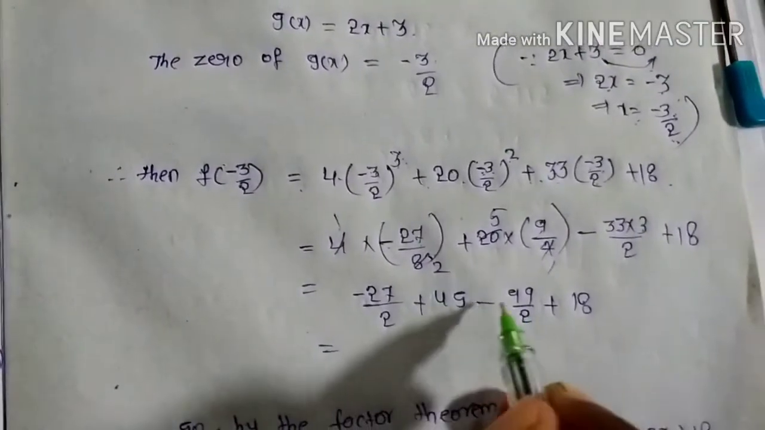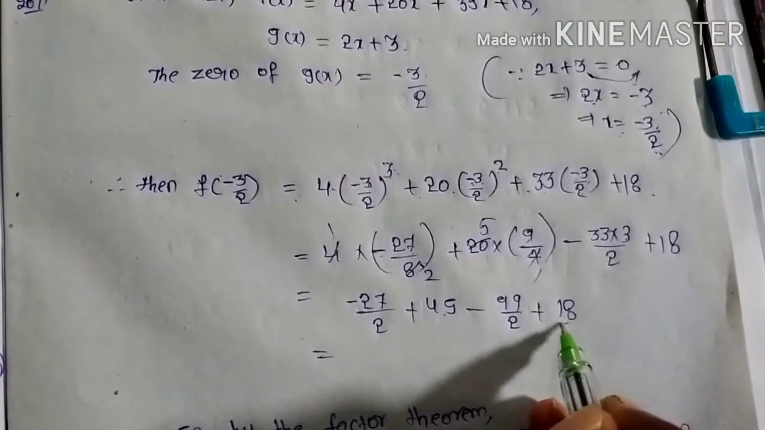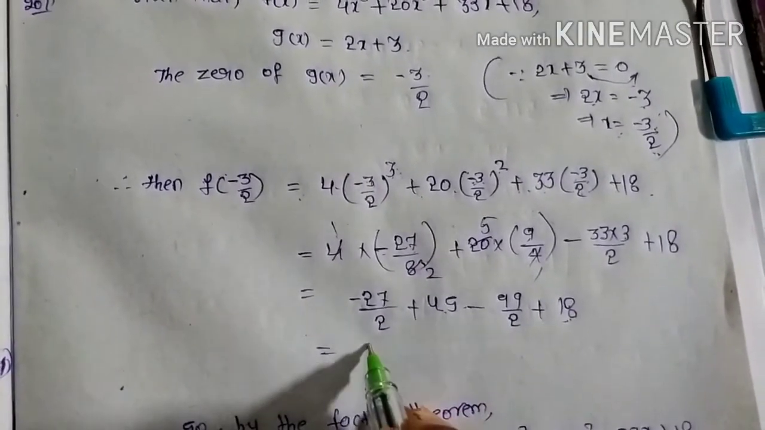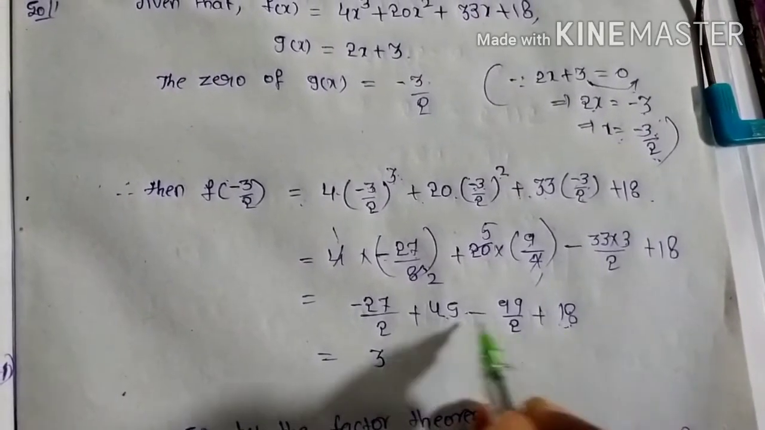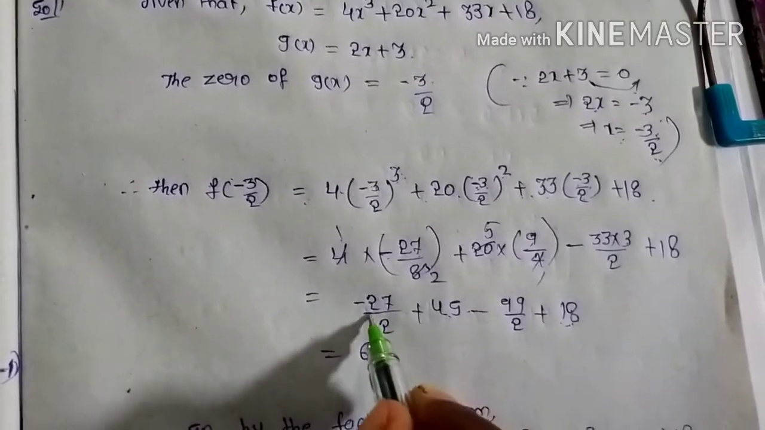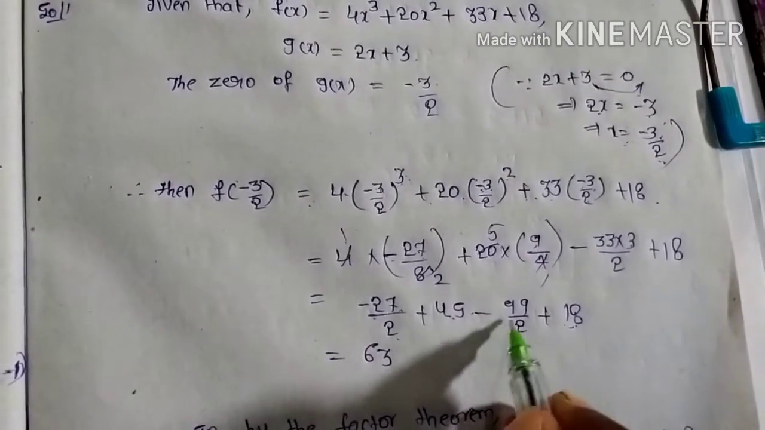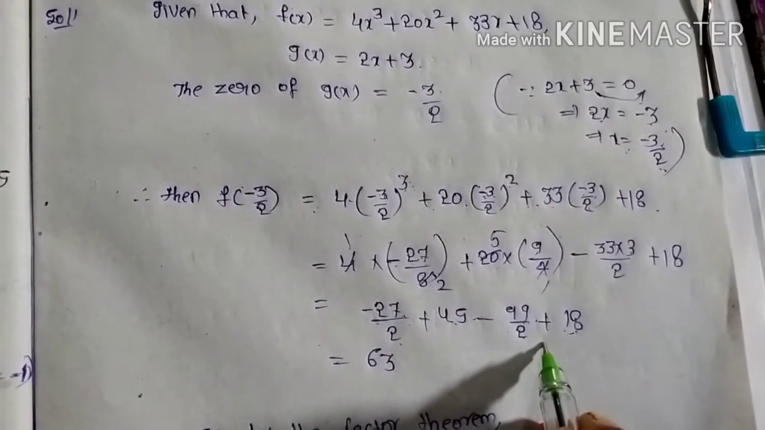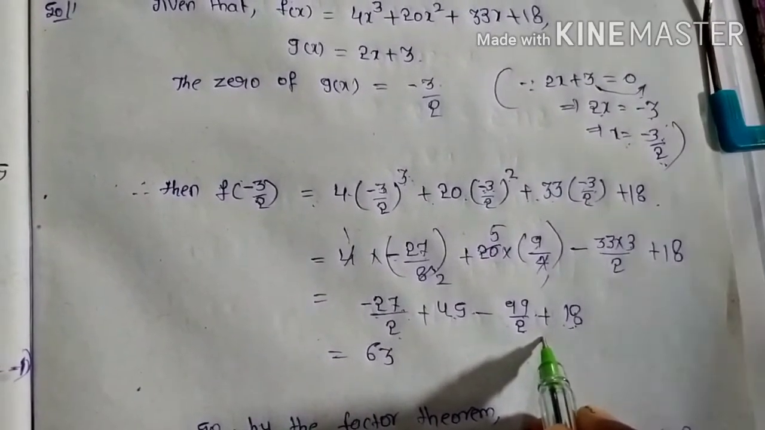See clearly, 45 plus 18 is how much? 45 plus 18: 8 plus 5 is 13, carry 1, 1 plus 1 is 2, 2 plus 4 is 6. That means 63. See here minus 27 by 2 minus 99 by 2. Both are like fractions, yes? If they are like fractions, can you write here